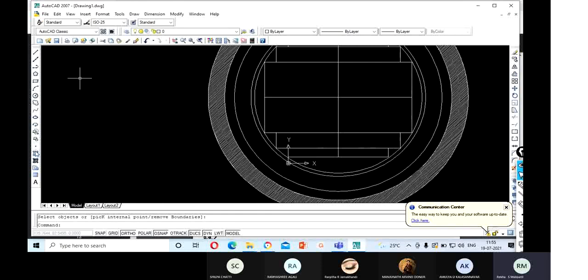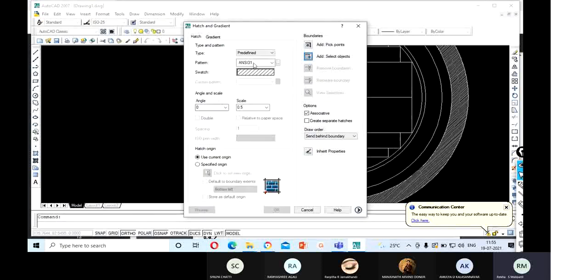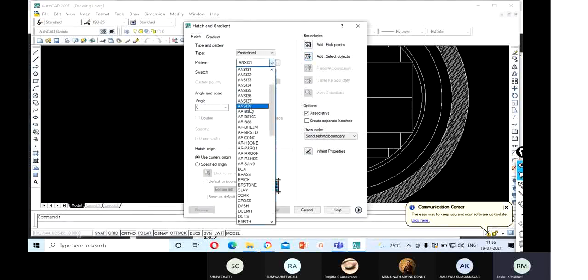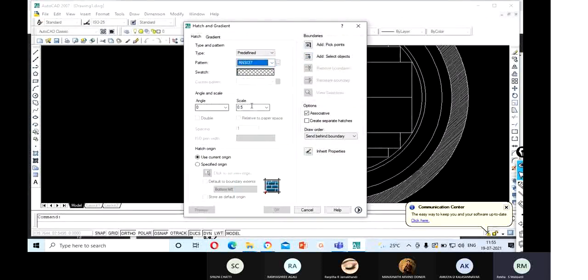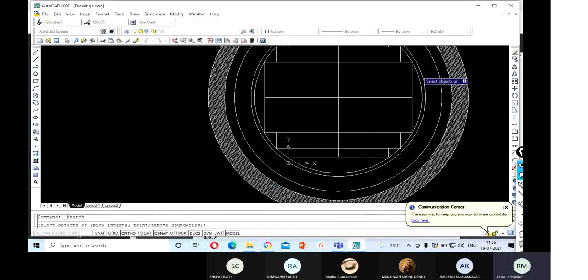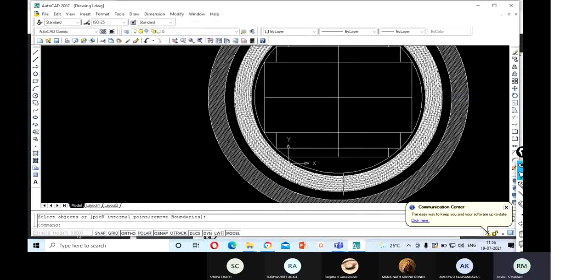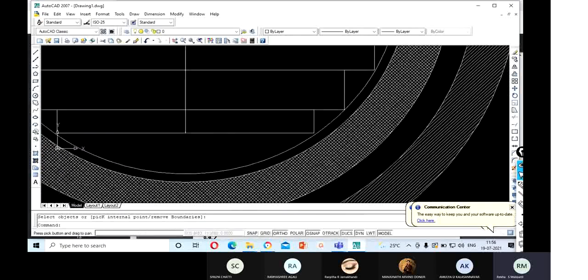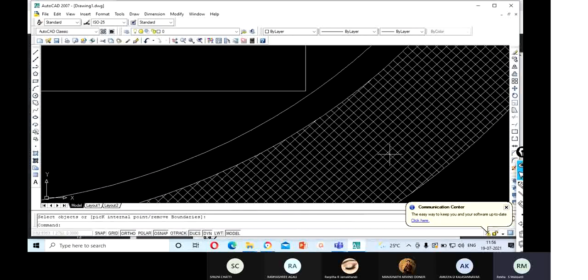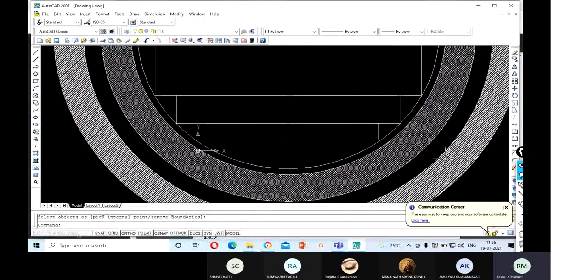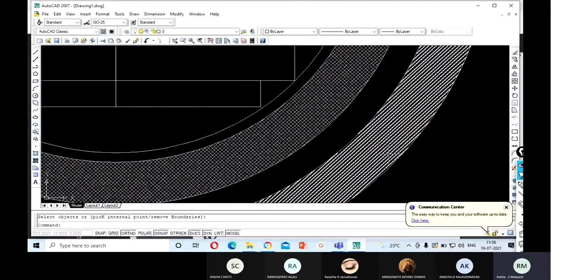The LV coil also should be hatched with a different pattern, so that there is some difference between the both. Select this line and this line, enter, then OK. So you can see we have selected this pattern for LV and this for HV.